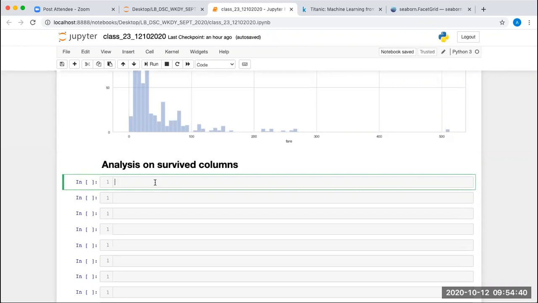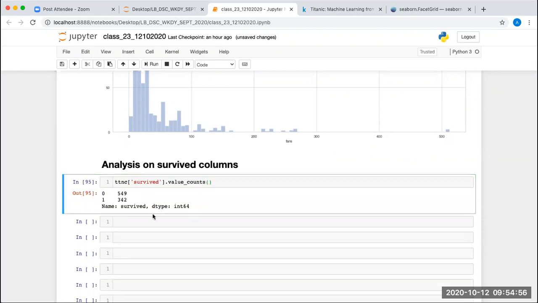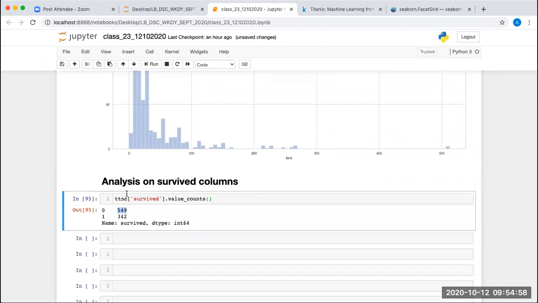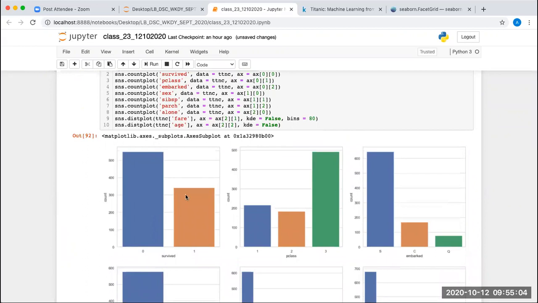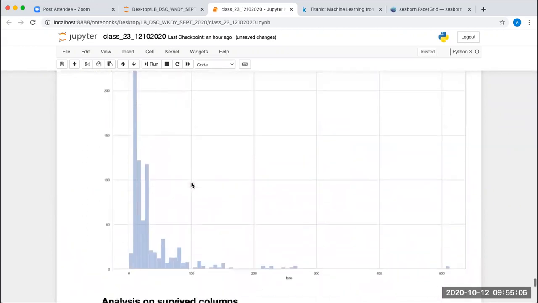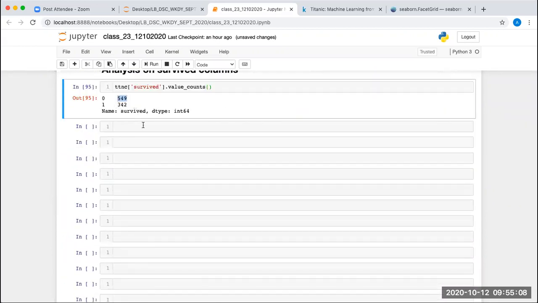Okay. So to get the survival count, first of all, we will take the titanic dataframe and get the Survived column. On that, we will get the value counts, value_counts. Okay, executed. So not survived is 549, which is visible from here. Not survived were more than 500, and survived were around 350. So you can say 342, correct?